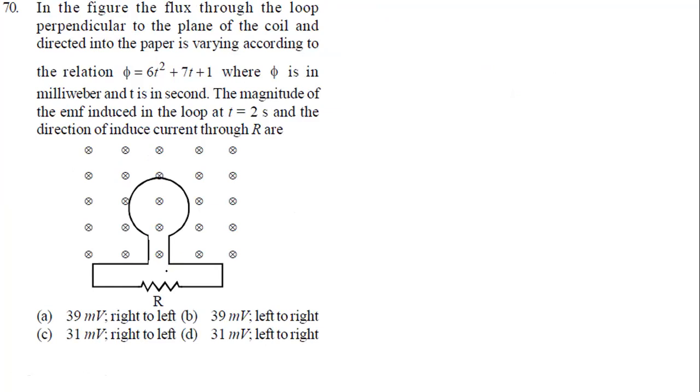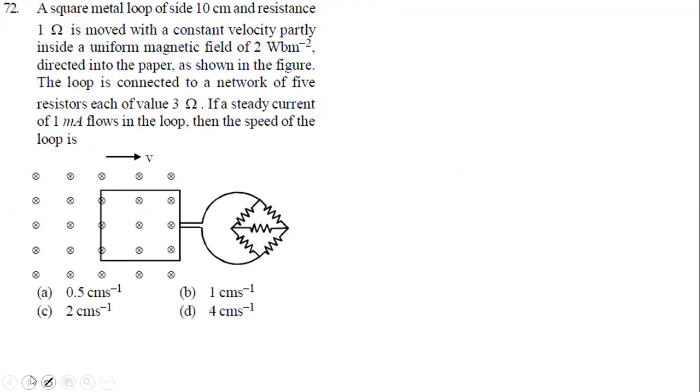Okay, this is again the same. We're going to find the induced EMF using what formula? E equal to minus d phi by dt. And then using Fleming's right hand rule, you're going to find out the induced EMF. Since this is moving downward, the induced EMF will be what now? Left to right. Okay, it will be left to right. We're going to simplify. So there are not many questions now. All are the same type of questions that will be repeated.